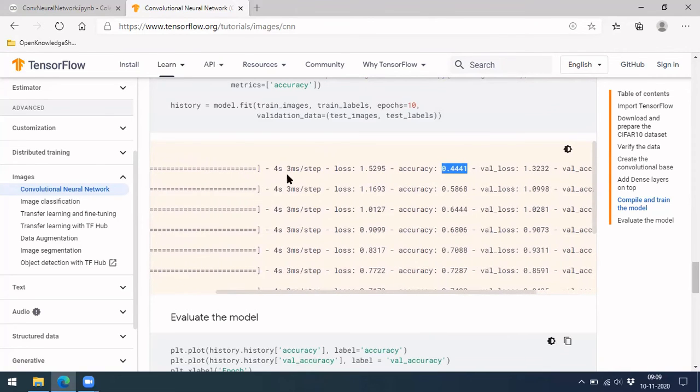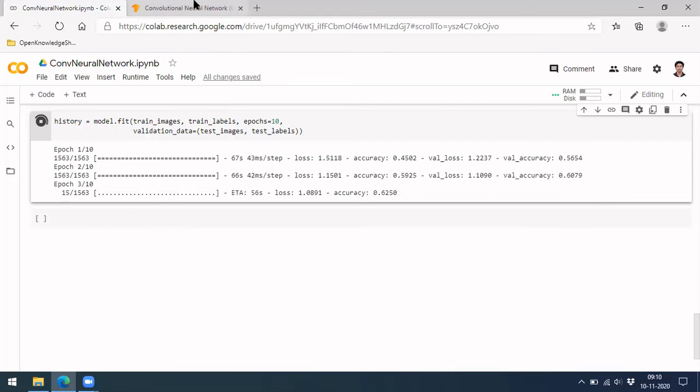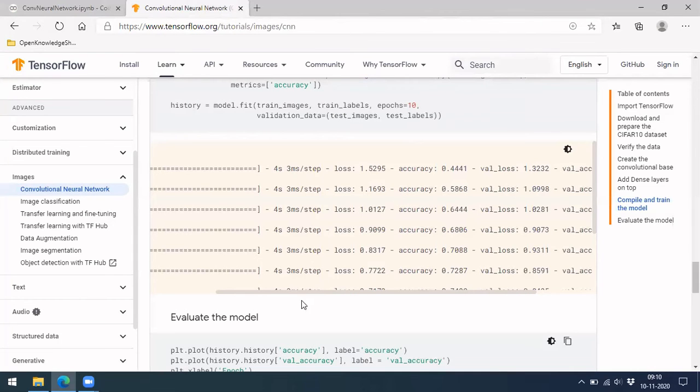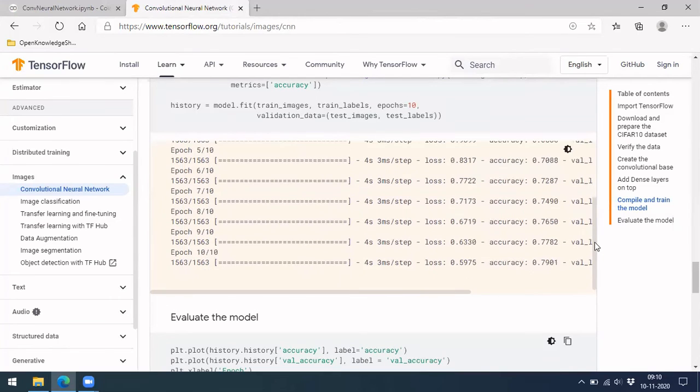And you can see the number of seconds it took is 4 seconds for them, but in our case it's taking 67 seconds for a single epoch. So from this you can calculate how much time it will take for your entire epochs to be done. 67 into 10 is 670 seconds, which is about 10 minutes. We don't want to wait for 10 minutes here, so by the time I'll be explaining what else can be done. Once it is done, we can jump on here. Okay, so these are the 10 epochs.